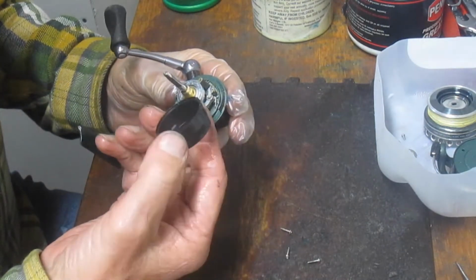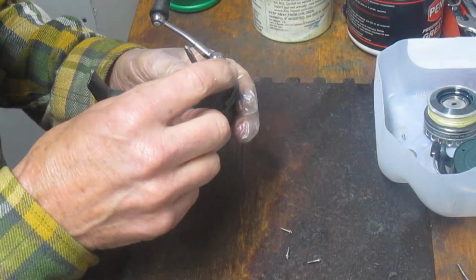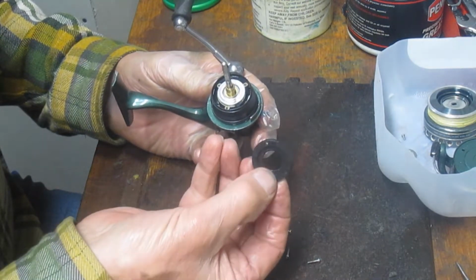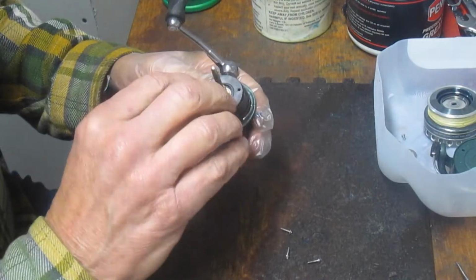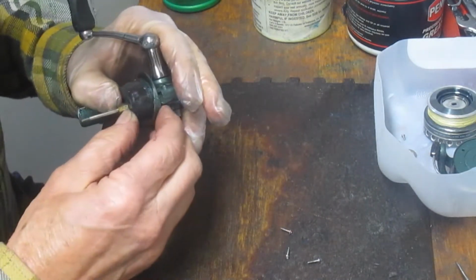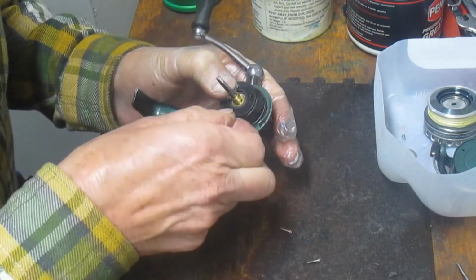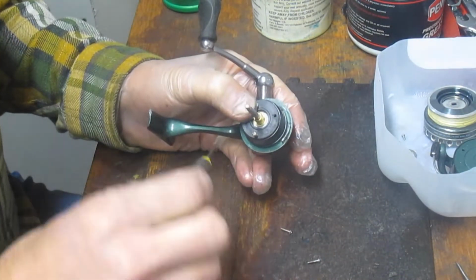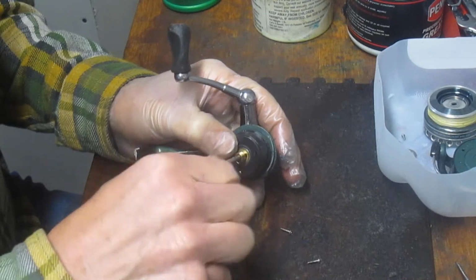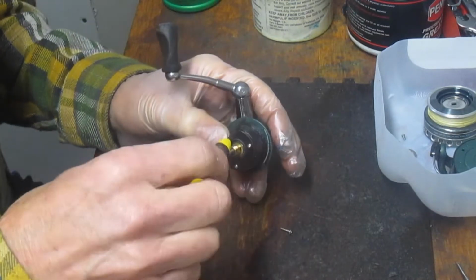I'm just kind of noticing where the little tag ends are here. And we can put our tie down, and there's an indent in that tie down that goes upside down here. And you want to align those to the 3 screw holes and reinstall those screws that we took out. That's why they were laying on the desk and not in the parts tray, because I was just going to take this out, show everybody. We wound up taking it out, doing some top end maintenance there, putting the